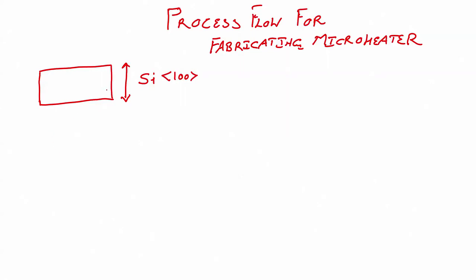On this silicon wafer I will perform RCA cleaning. We all know that we have to perform RCA cleaning, which removes contamination and removes a thin layer of oxide, about 1 to 2 nanometer, present on the silicon. Then we have to pre-bake the silicon wafer to remove any humidity on it. This is our first step.